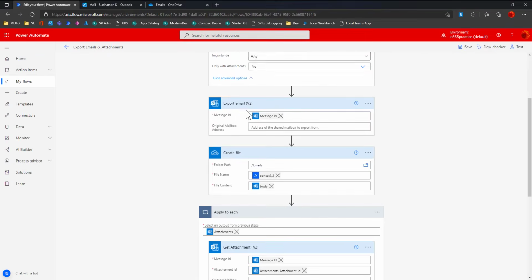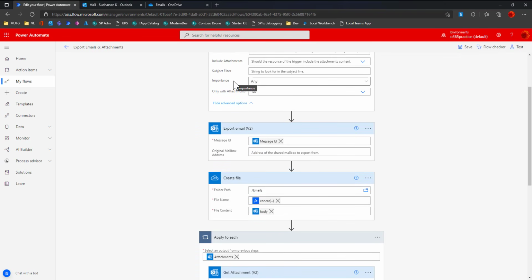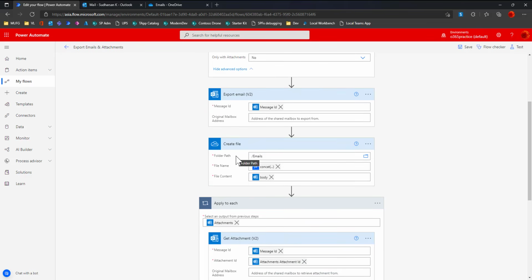You can use the subject from the trigger action, but the subject sometimes has an extension, or sometimes unsupported characters, and then it will throw an error. So it is better to use the create file output.